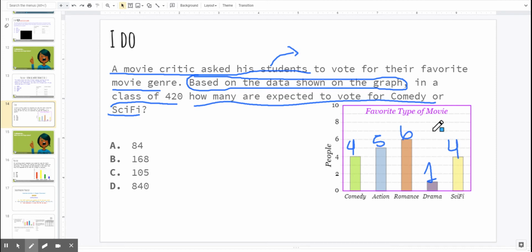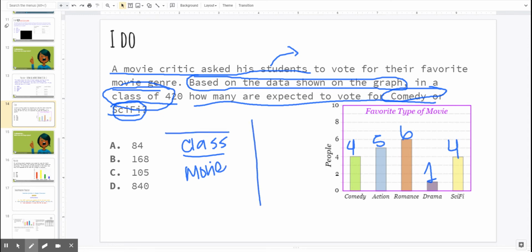Now, in my mind, right here, I am comparing. It says in a class of 420. Well, I'm comparing the class. How many are expected to vote for comedy or sci-fi? I am comparing the class to how many people like comedy or sci-fi. We can call that the movie, right? Well, you know what? Because I know that that's what I'm comparing and that's what I am making a prediction for,